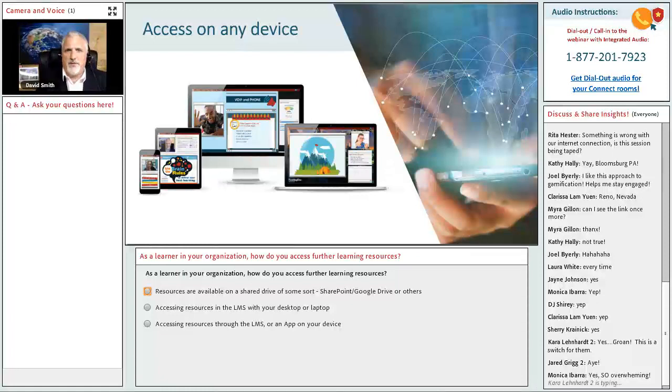We're going to point you to our intranet, or it'll be on SharePoint or Google Docs or Google Drive. You might have to log into your learning management system, or you might be able to log into your LMS, but there's an app as well. So that's 3 completely different levels of learner experience in terms of how and where they can actually access